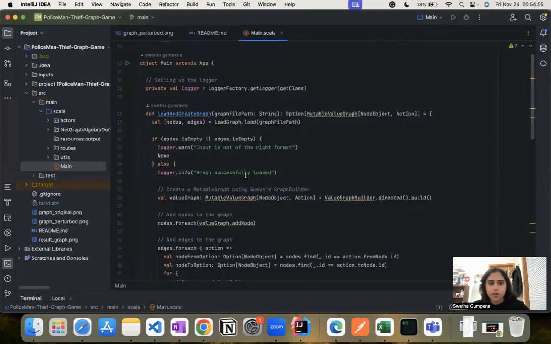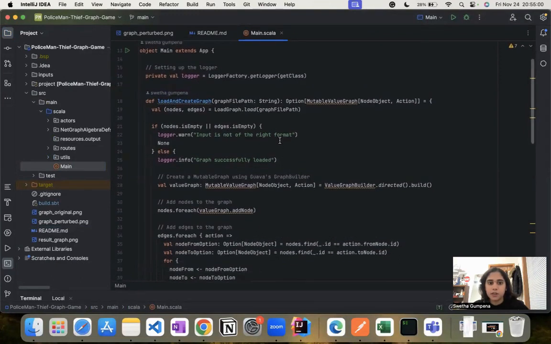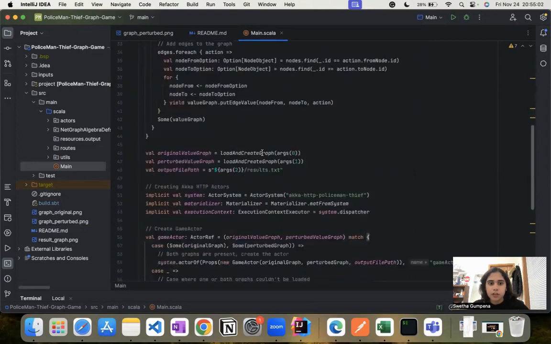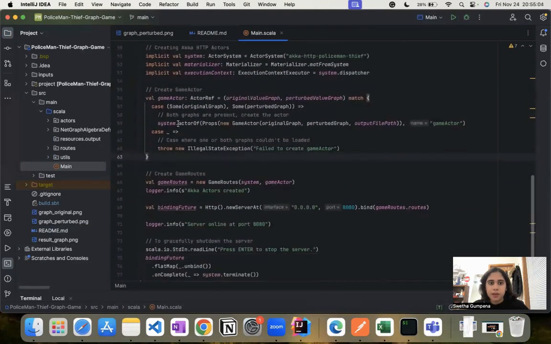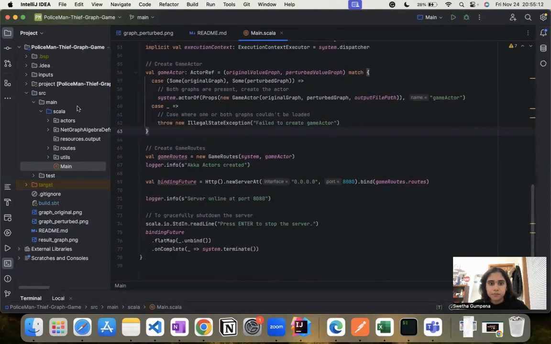I am first loading and creating the graph using Guava's graph builder, both the original and the perturbed graphs. And then I'm initializing the actors and routes from Akka. Coming to the routes,